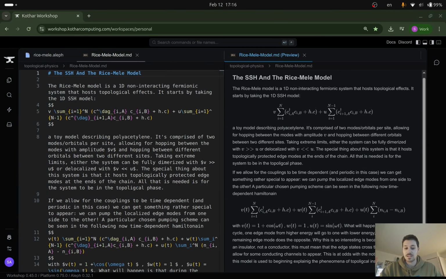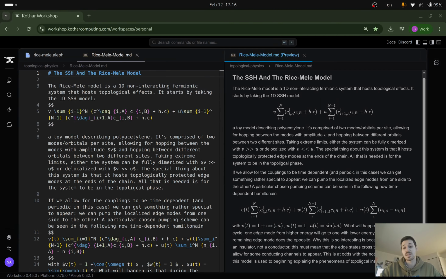Topological physics is probably one of the most interesting things about condensed matter physics in general. It occupies a lot of the research space, and it's interesting for various reasons. Today, I'd like to discuss a one-dimensional topological model called the SSH chain and its time-dependent variation, the Rice-Mele model, and show how we can start to understand this using some simple numerics, even though you can attack this problem